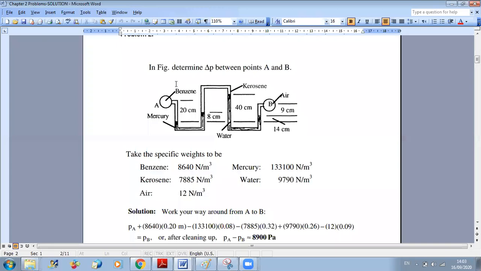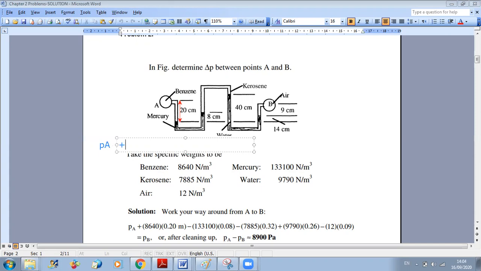In such a case, I will follow the path from A to B in order to find a relation between PA and PB. So let us start from point A. So I have first P of point A. Now, starting from A, I am going down; first I have benzene, then I have mercury. So in a first step, I am going down into benzene. So I should add, so it's plus